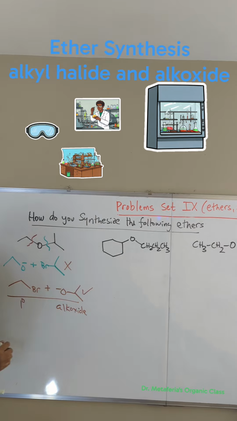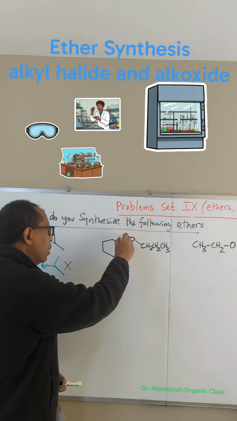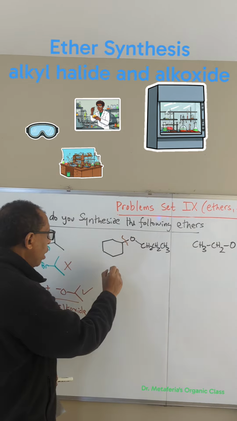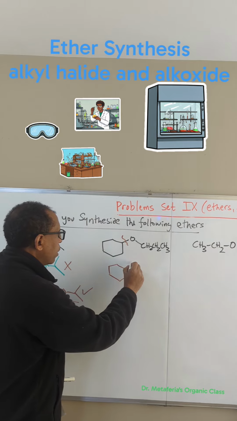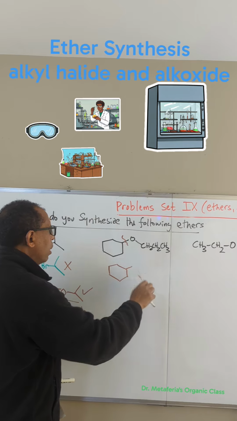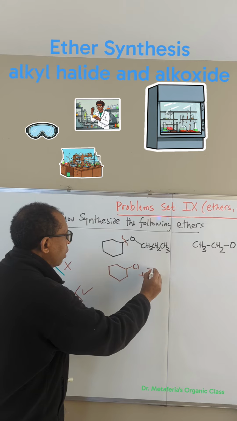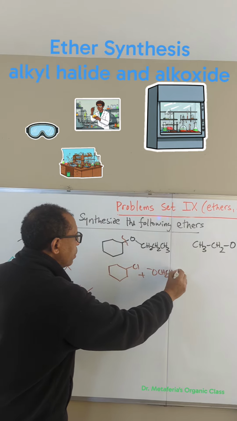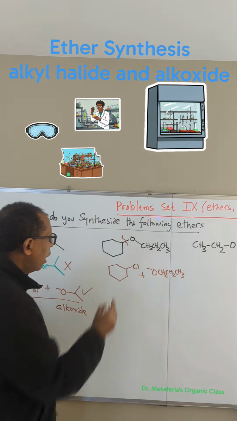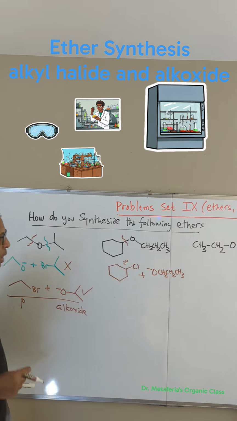This is favorable. For example, in this one, let me cut right this, and I would get, by cutting it right there, the alkyl halide, for example, let's use a chloride alkyl halide, plus the alkoxide would be the propyl alkoxide. Here I'm creating a secondary alkyl halide, but I have a chance